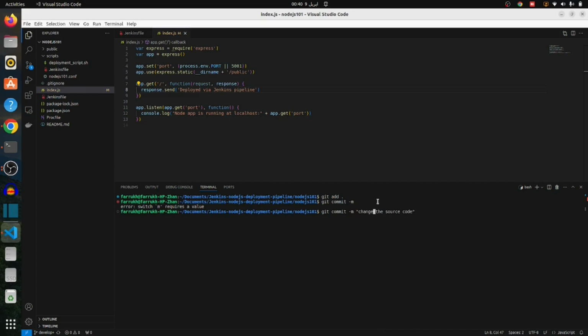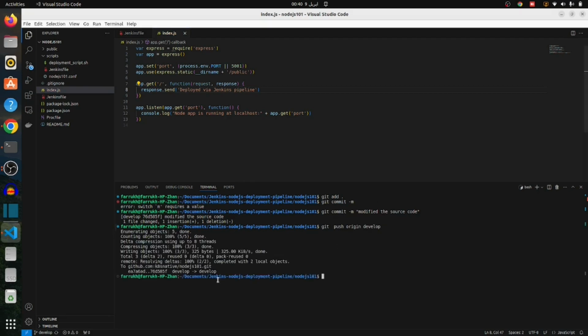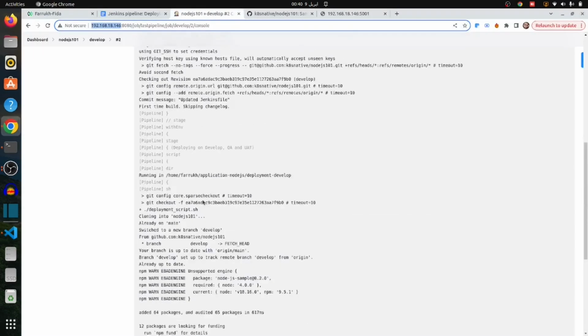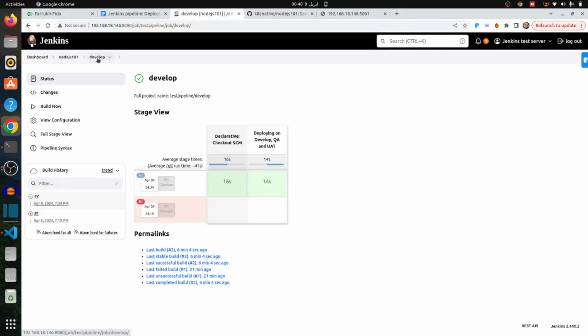Instead of change, just put modified. Modified the source code. Then git push. Let's push. So let's see if my pipeline will trigger or not. If I come up over here,